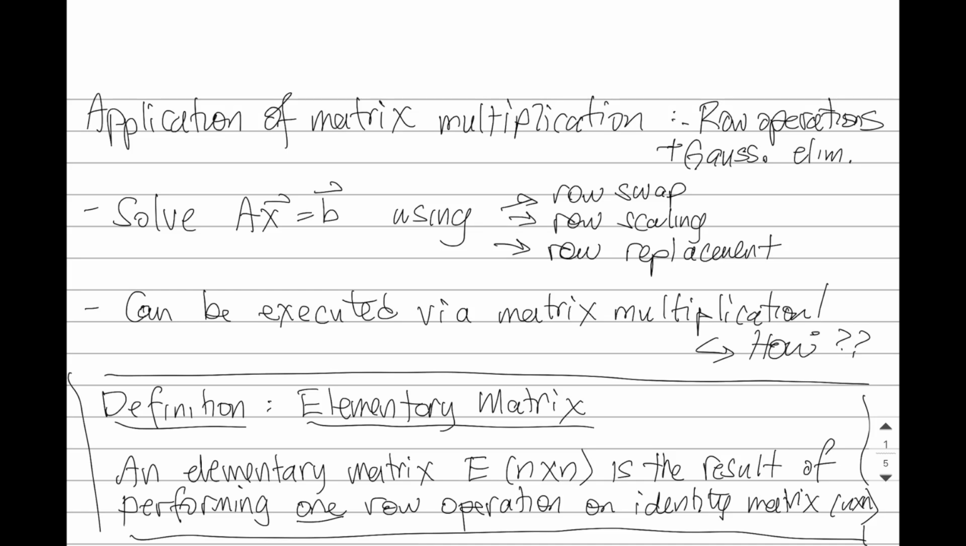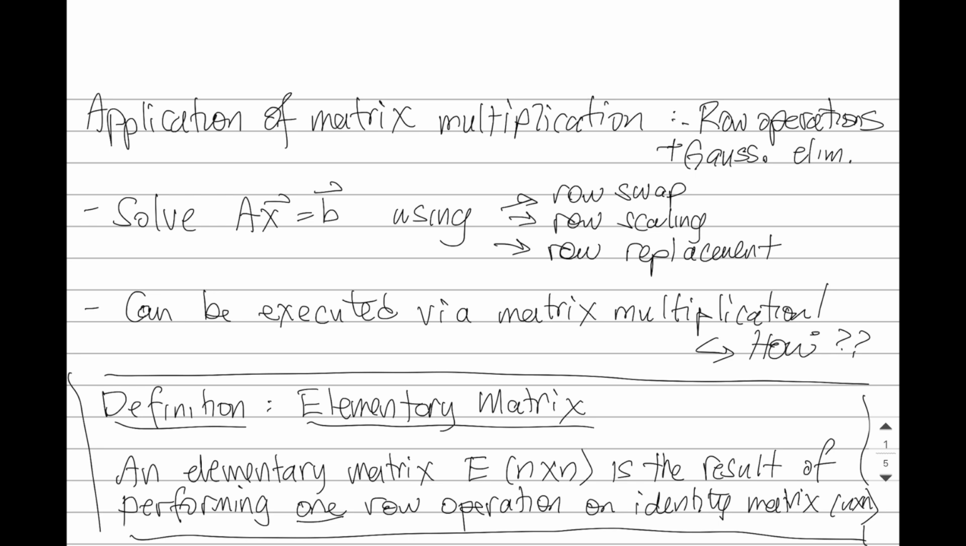We're going to talk about an important application of matrix multiplication. The row operations and the Gaussian elimination process we use to solve AX equals B, row swaps, row scale, and row replacement, all of that can be done with matrix multiplication. Now, the key behind all of this is that we need to define a special kind of matrix called an